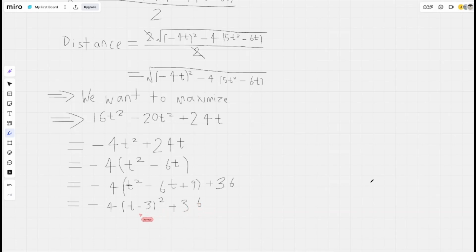So what do we have here? We have a negative coefficient and a perfect square here. Well, not perfect square, but like some expression squared here, and then a constant term here. So that's what you're supposed to get after completing the square for a quadratic equation with a negative leading coefficient. And we want to maximize the expression. So we note that this